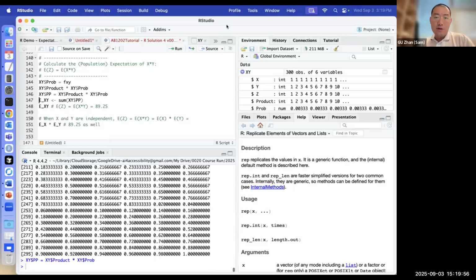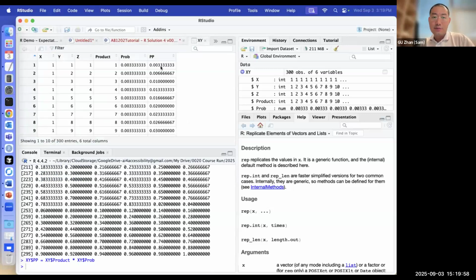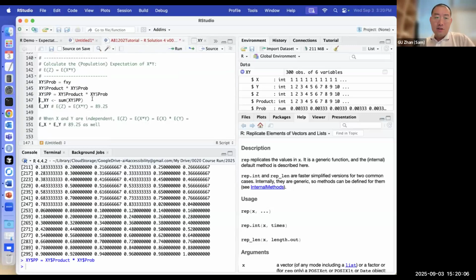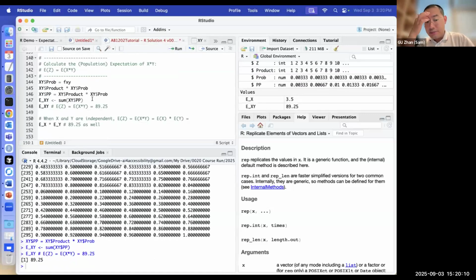Then we create a new value called PP: product times probability, for each one. Once you have this PP, next you sum them together, and that's the expected value of Z. It's also the expected value of X times Y. So just use X times Y. Now you get